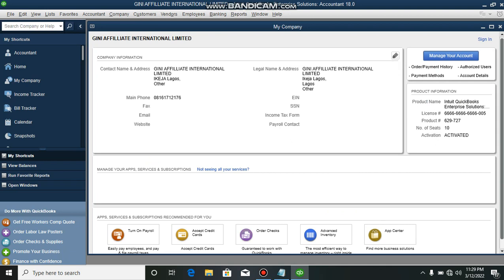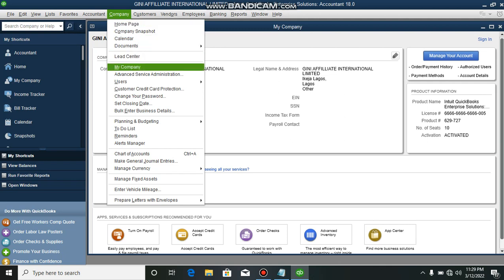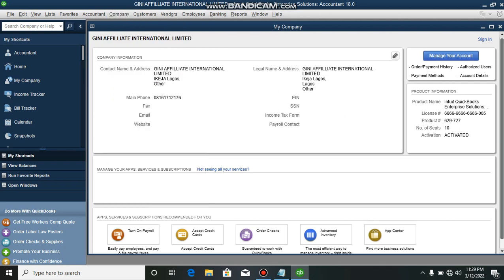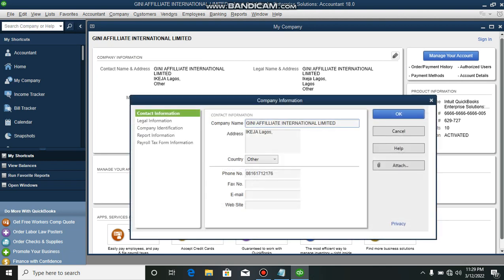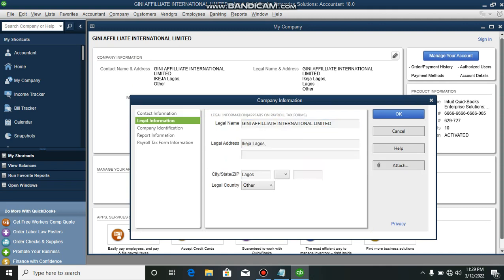Now you can see the information we have already entered. Here we are having Guinea Affiliate International Limited, Ikeja, Lagos. Your phone number is here, and maybe there are changes you want to enter for this business. You have to come to company, click on my company, and my company dashboard will pop up. Then you click on this little pen. That will enable you to make changes, and whatever changes you make will be effected. Ensure when you're changing company name, for example, make sure you change it here and also in the legal information, because this is just the contact information and this is for the legal information,